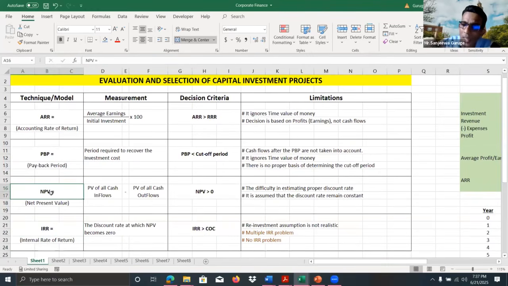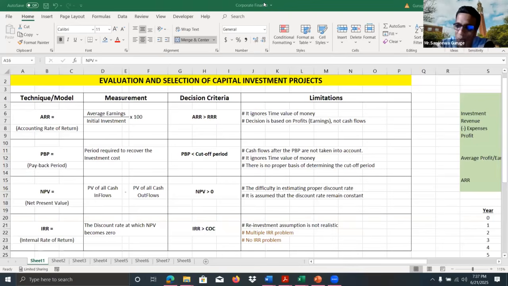NPV should be used with investment cost. And that's why there are a number of correct answers. We have to use the profitability index, because the profitability index is a technique which uses the NPV concept with investment cost. And there are different formulas. Here, even to compare projects, someone has given ARR, which is also not correct.